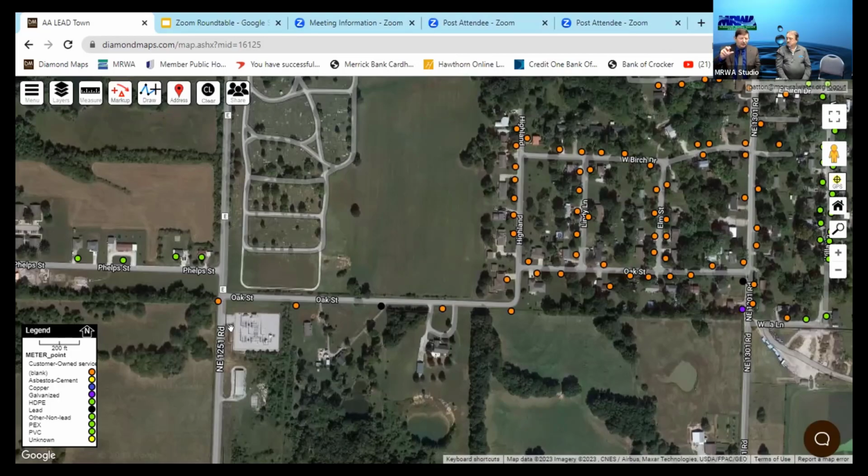When you download this and add this to your map, and you don't really even download it, you just add this template to your map, you can tell it that you want the specific information to pull from what you already have in Diamond Maps and add it to the template or the DNR spreadsheet.